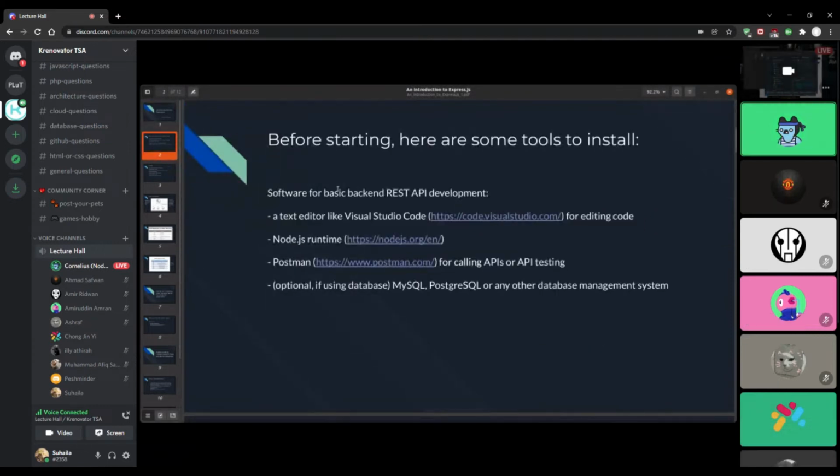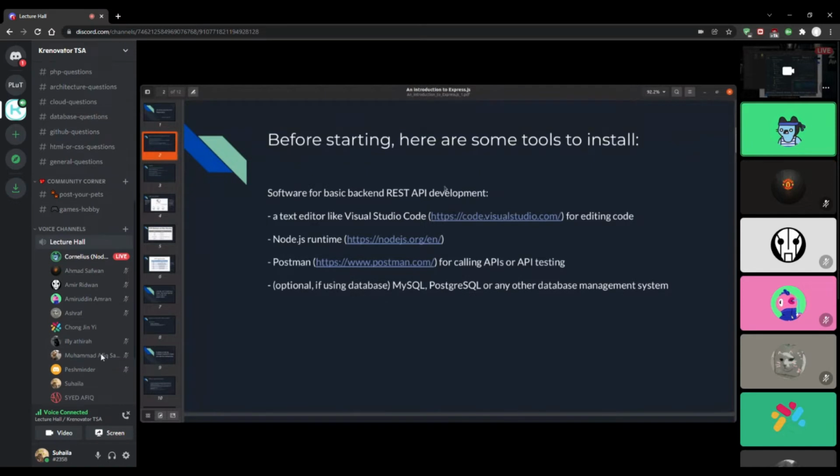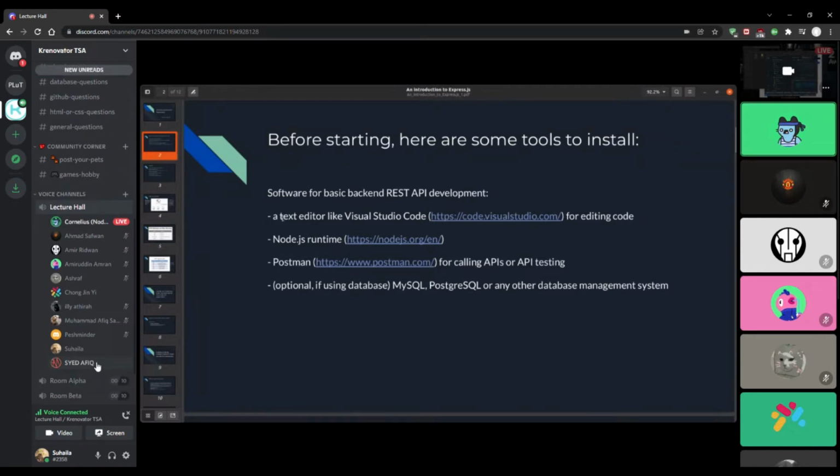If you would like to follow along and have a bit of hands-on today, you can install some of the basic programs that we normally use for developing these API endpoints. For example,